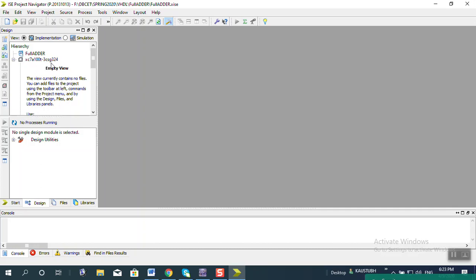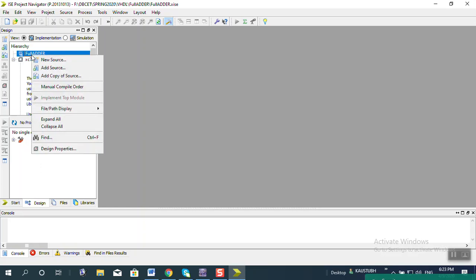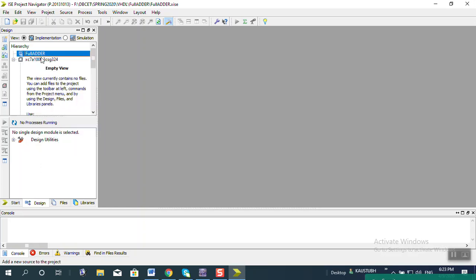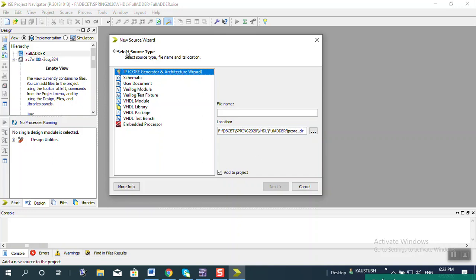Next step is to add a source file for the VHDL program. So just right click on this project, click on the new source, then this new source wizard will open, and then out of these different source types, you have to click on the VHDL module. Then you need to give a FullAdder. So let us give